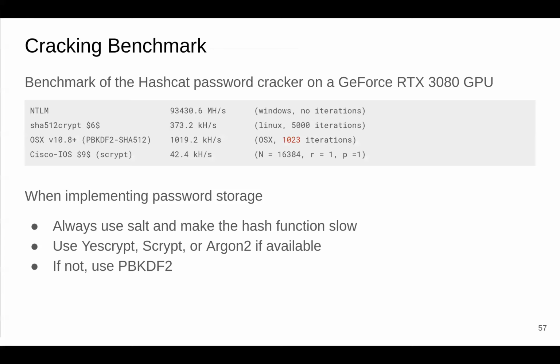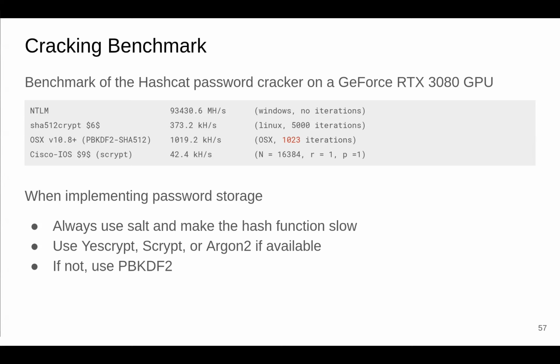Now, if you benchmark cracking operations on a reasonable GeForce, if you use the Windows hash function, you have a couple of million hashes per second, which is terrible for password security. If you use SHA-512 crypt, which is what Linux used before, you get 370 kilo hashes per second.